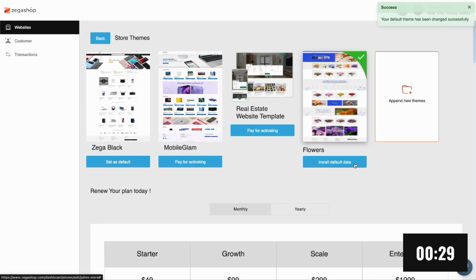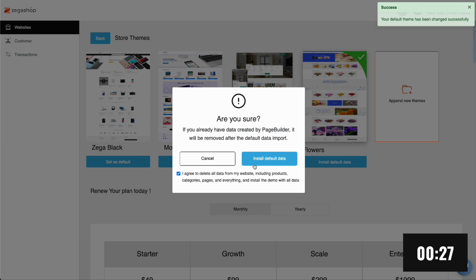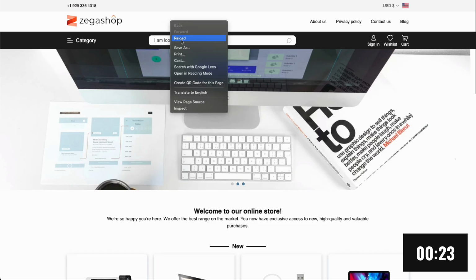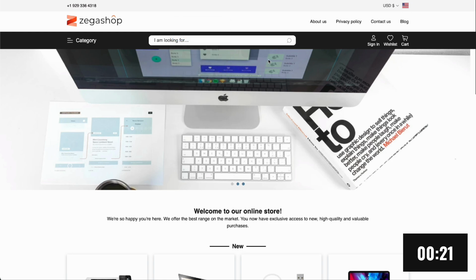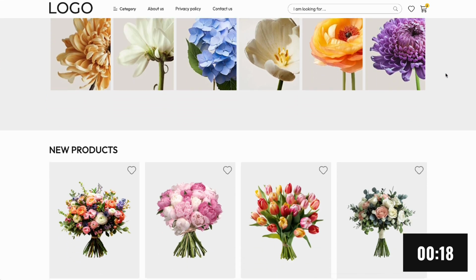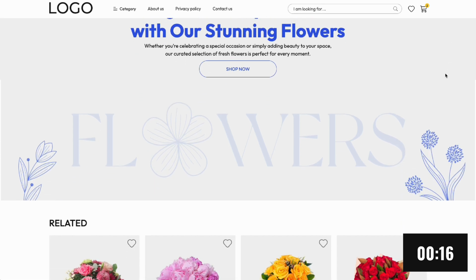After payment, click Install Default Data under your selected theme to activate it. Follow the instructions, refresh your website, and view the final result. You can manage your website anytime through the admin panel by visiting